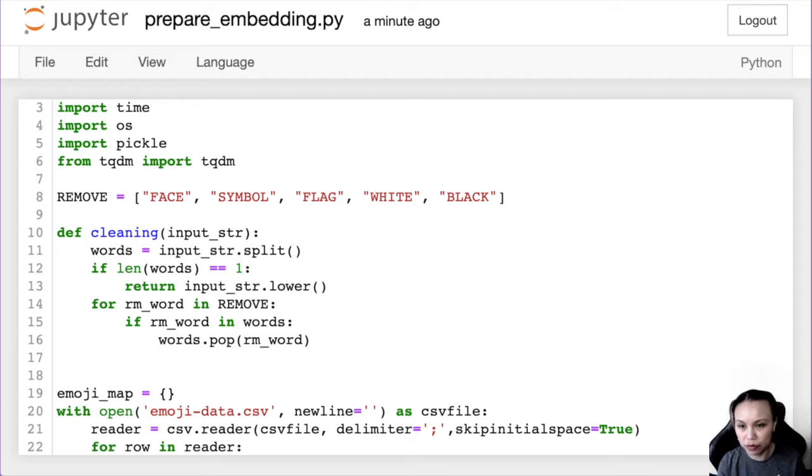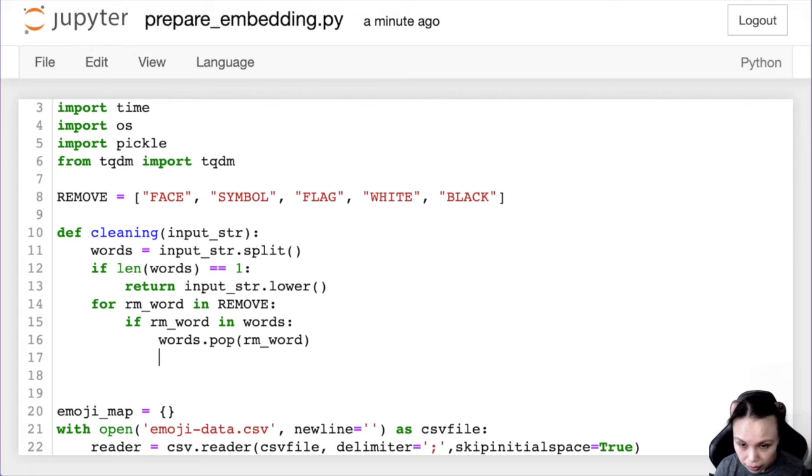Okay, so I'm removing them, and then what I've got to do is assemble the string again. Return. So is it concat, right? Or a join, joined words.